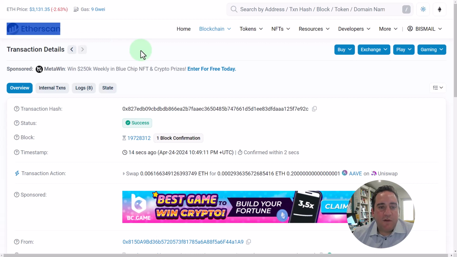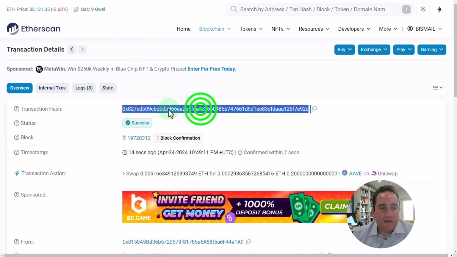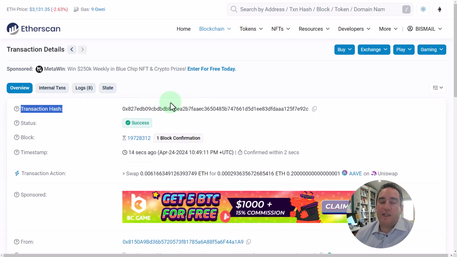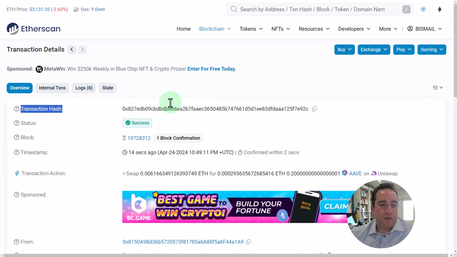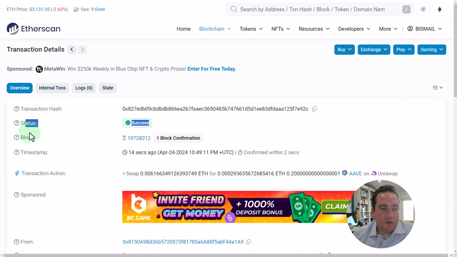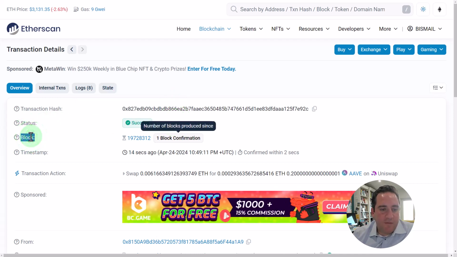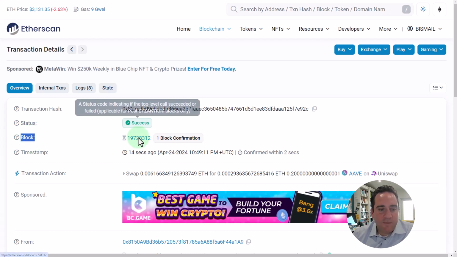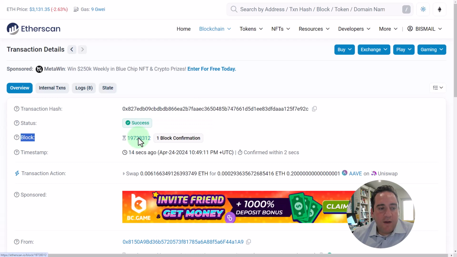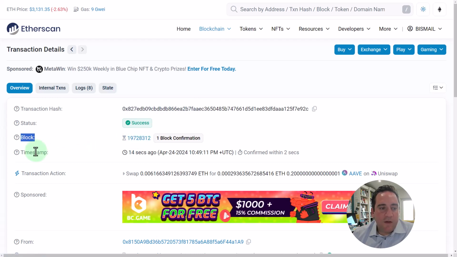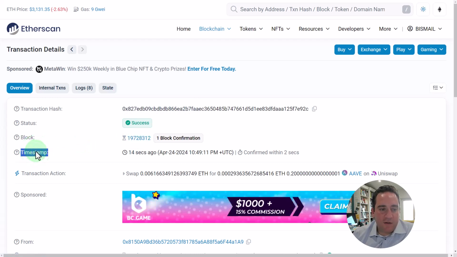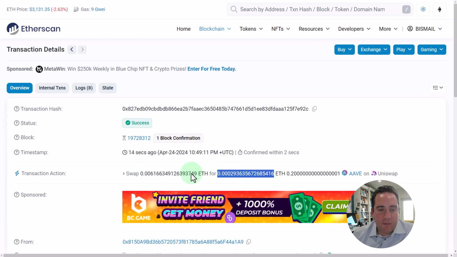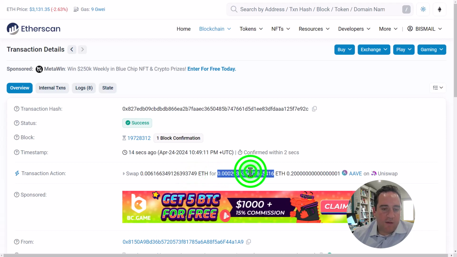But if you're using Etherscan, you always get a transaction hash. So this transaction hash, think of it as like a confirmation ID or a transaction ID. It shows you the success. It shows you how many block confirmations have actually been produced after this transaction. So this is the actual block number that this transaction was included in. You have your timestamp, shows 14 seconds ago. What was the actual settled transaction action? So we swapped this amount of ETH for this amount of